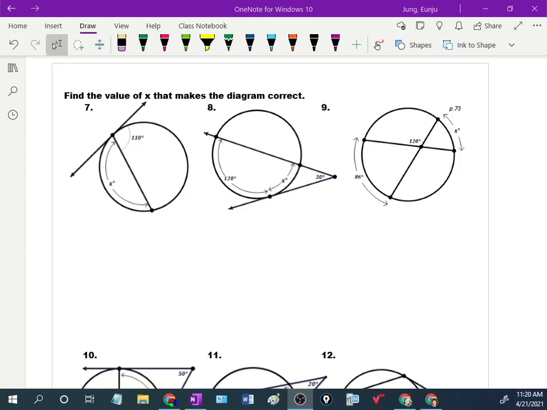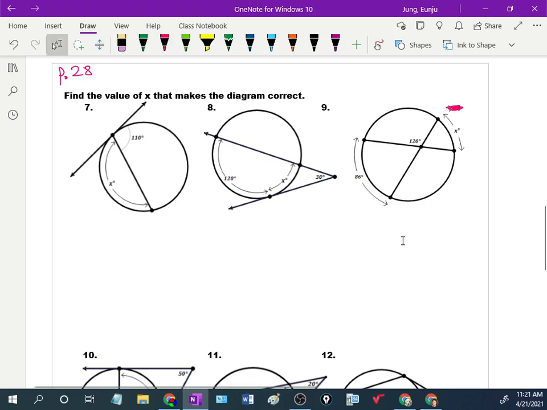All right, in this video, we'll complete page 28, number 7 through 12. So we'll talk about angle relations on a circle. Worksheet page 28, number 7, 8, 9, and this one is tangent and chord, secant and tangent, and two